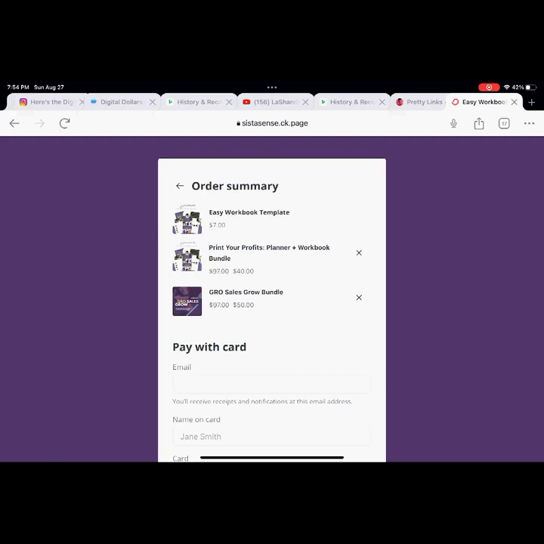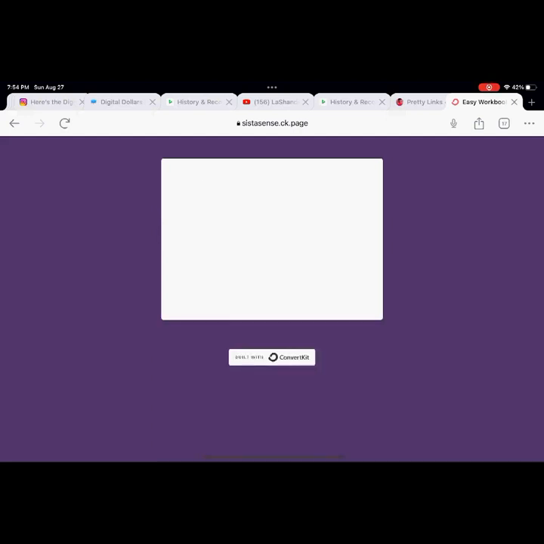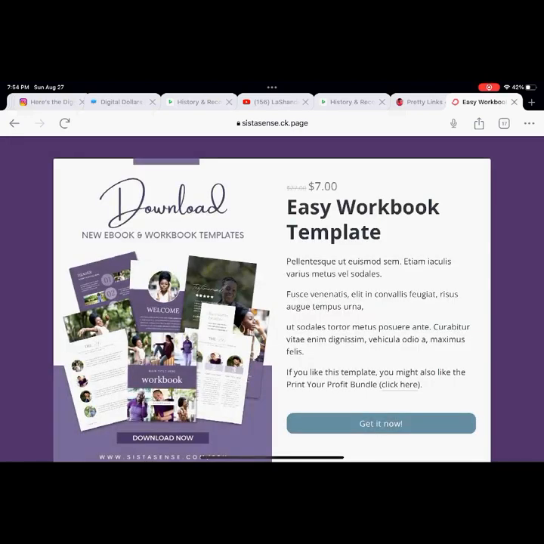So one thing that I've talked about when it comes to the $7 solution is that it is a low-risk, minimal investment offer, but you want to make it high quality. You want to get them in the door, and they come back for more because they're excited about what you've put together.